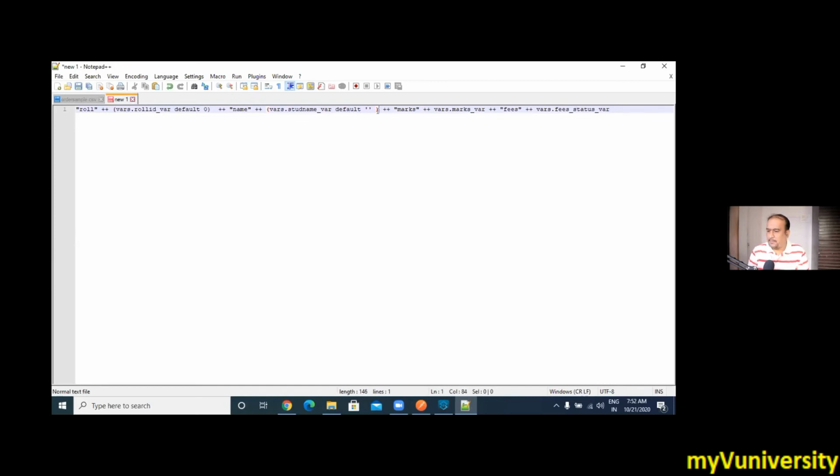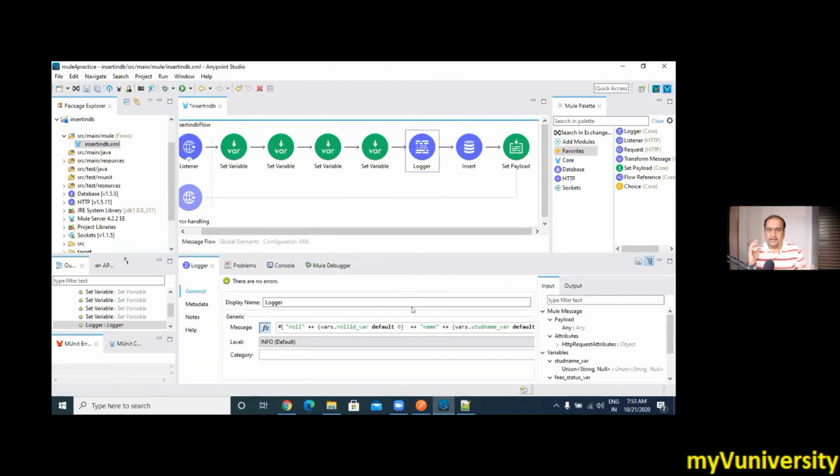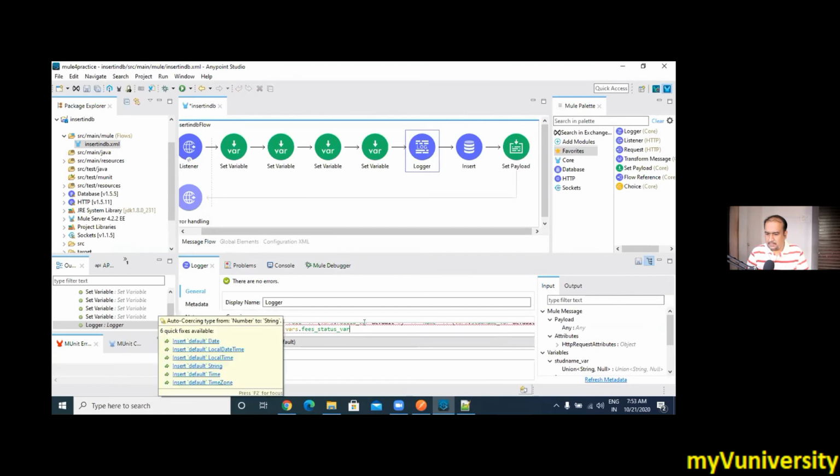Just copy this and try it there. Let's see about the red line. Let's not proactively add default everywhere. Let's get a feel for what happened with that red line. Maybe if we want a numeric value, we might have to convert it to a string value, but once it is giving the error, then we'll check that. Okay, so it is still saying auto coercing from number to string. That's the problem.